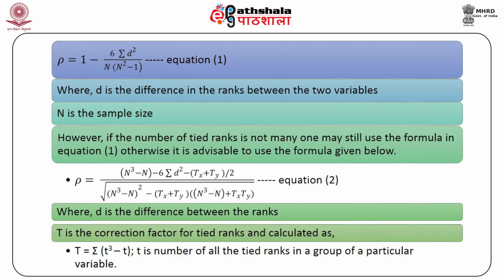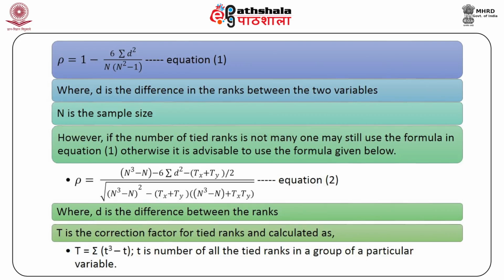Otherwise, it is advisable to use the formula given below in equation 2, which says rho is equal to n cube minus n minus 6 sigma d square minus Tx plus Ty divided by 2, the whole divided by square root of n cube minus n whole square minus Tx plus Ty into n cube minus n plus Tx plus Ty,